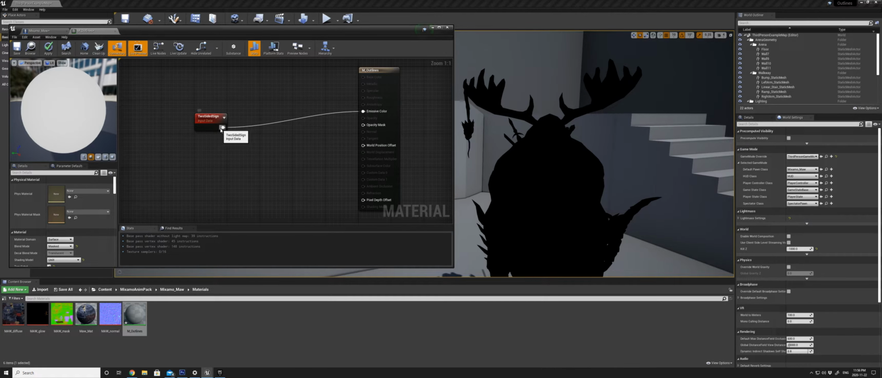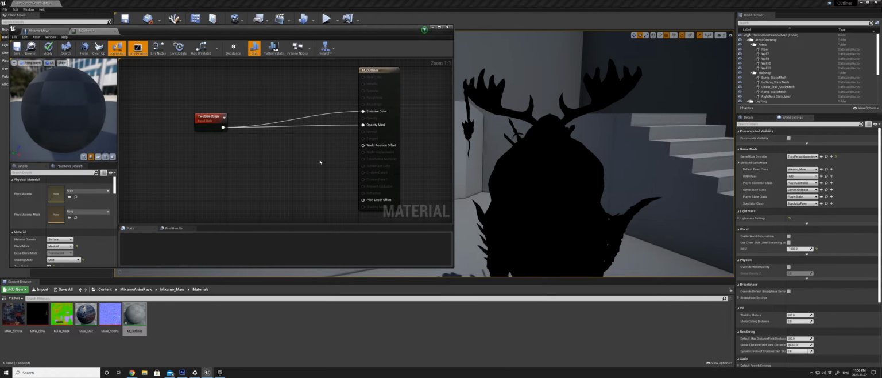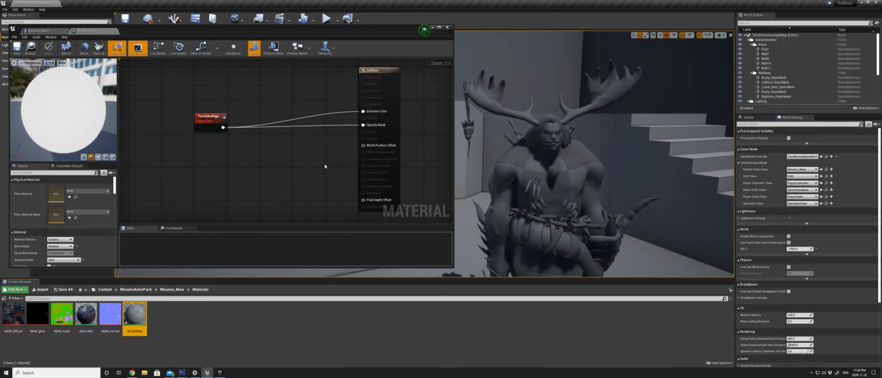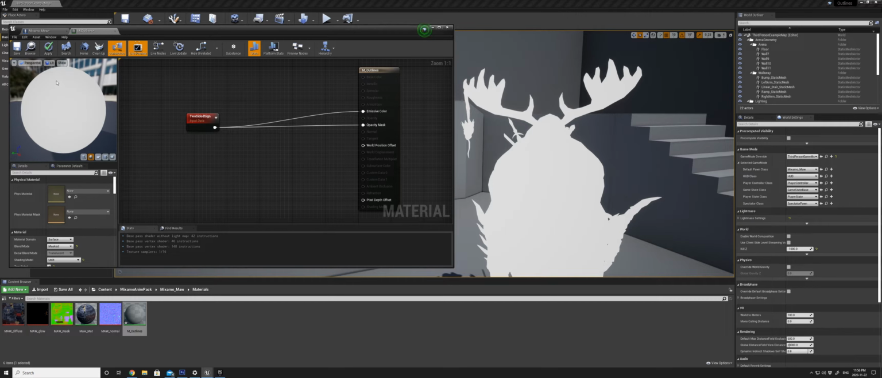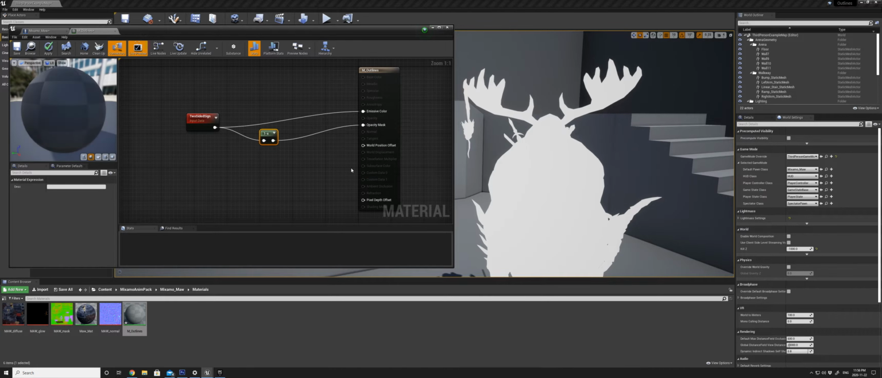What we want to do is have this plugged into the opacity mask. That's not going to make a difference right now, but hold on a minute. What we want is the outside to be black, and that means it's not going to be rendered, and then the inside to be white, which means it is going to be rendered. So if we put that into a 1- node, put that into the opacity mask,